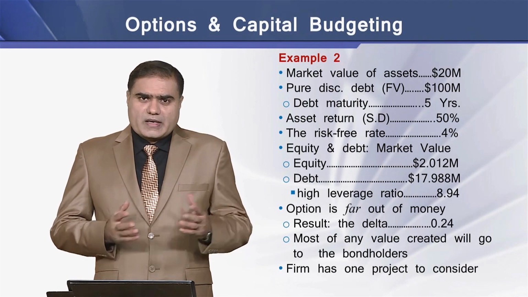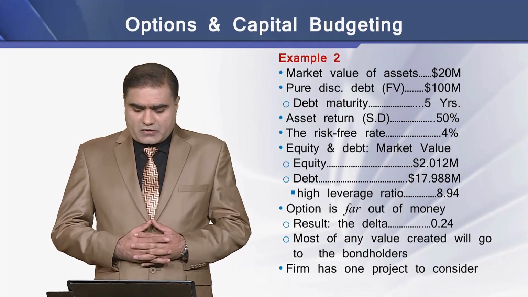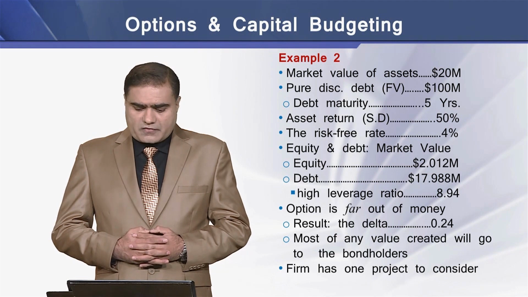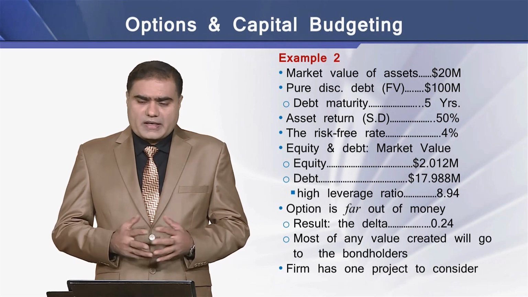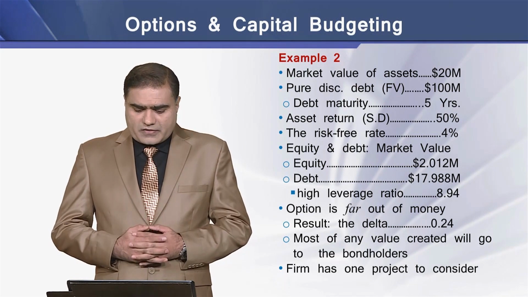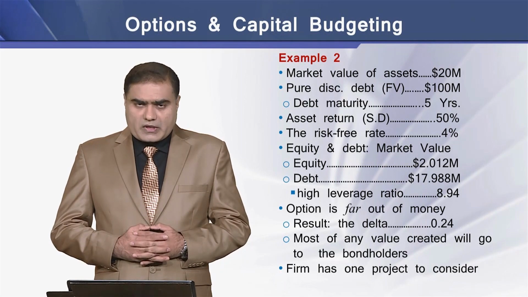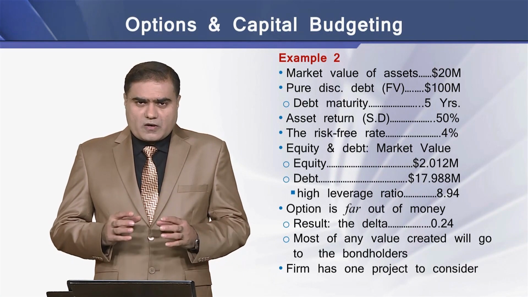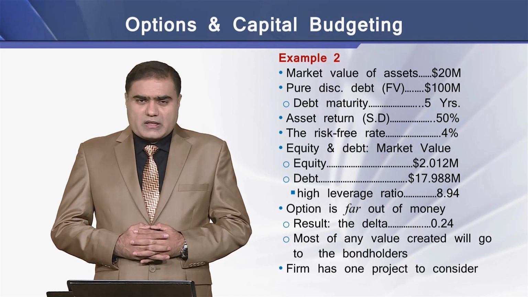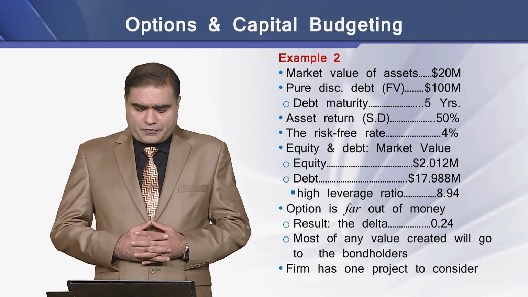Using these values, we can again calculate the market value of equity and debt. The market value of equity is $2.012 million, whereas the market value of debt of the firm is $17.988 million. Again, the firm is a highly levered firm with a leverage ratio of 8.94. In this case, the option is far out of the money because the resulting delta is 0.24, and as a result